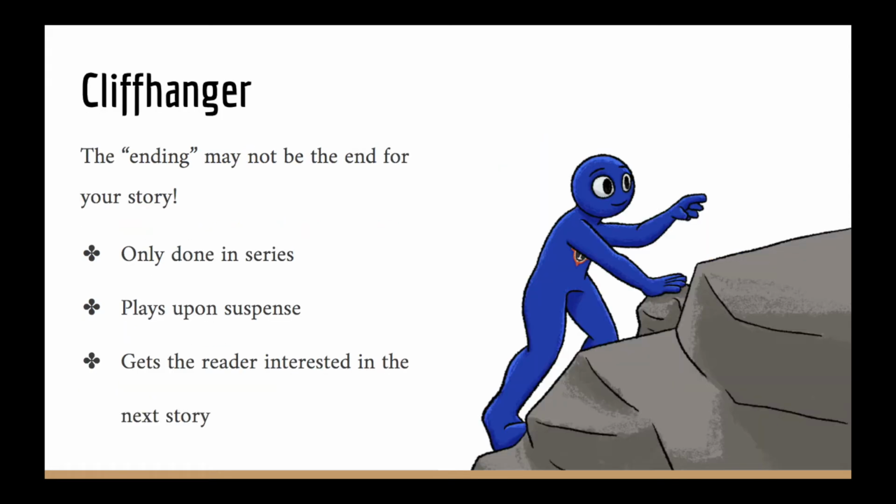Another type of ending you may choose to use is a cliffhanger. And this ending is mostly used in TV series or other sorts of series of stories. And that's because this sort of ending isn't the actual end for your story. A cliffhanger is done by ending the story or cutting it off right at the climax or what the reader thinks is the climax. It usually suggests that there's going to be another story coming after this in which you see what happens because of this action. This ending builds on the suspense that you've built up over your story, but most importantly, it gets the reader interested and invested for when you put out the next story.